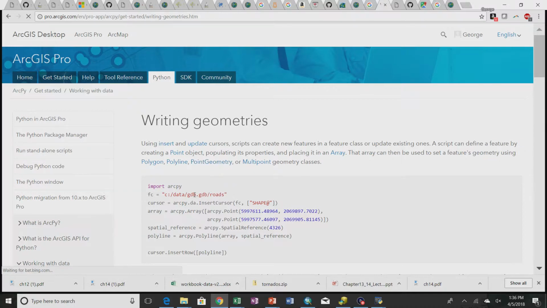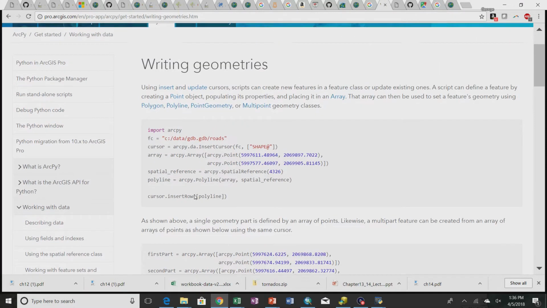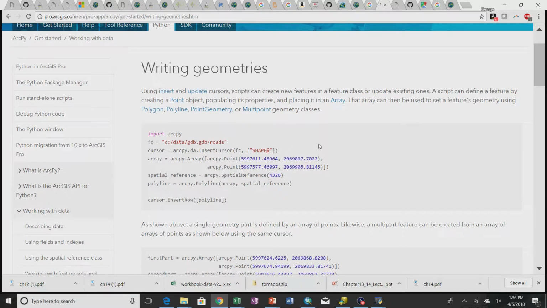Let's look and see. So here's an insert cursor. The way to create a new polyline is to actually feed it an array of points. We're going to be getting points already. So what we need to do, what